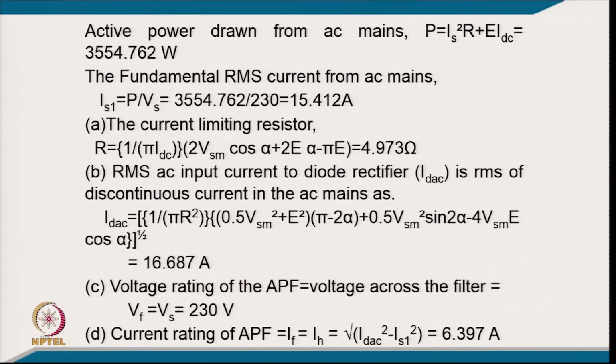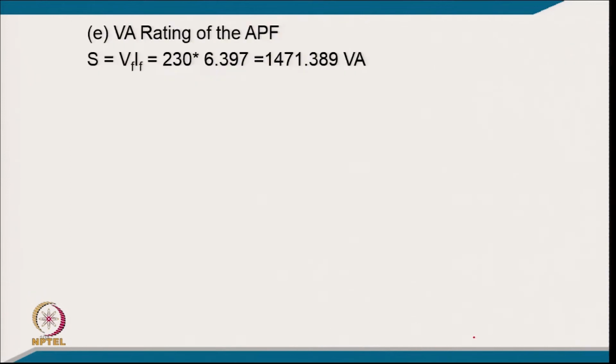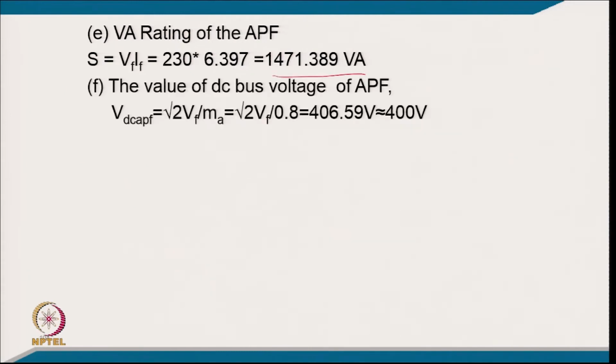and the current rating of your active power filter will be the filter current, that is, the ID AC side current square minus the fundamental current square, so this comes to 6.397, and the VA rating of the shunt filter is VFIF, so voltage multiplied by the current, that is 6.397, so it comes to 1471.389 VA, and the value of the DC bus voltage VDC comes typically